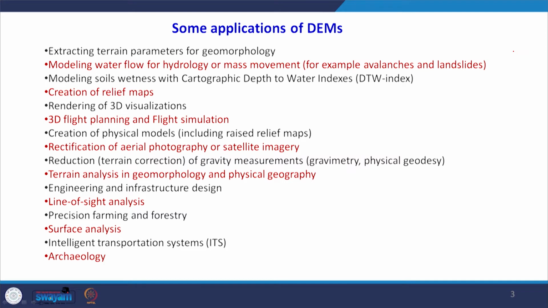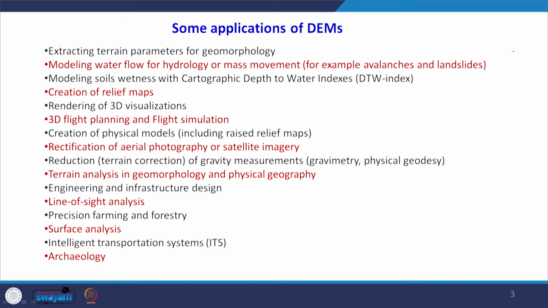The DEM plays a very important role because we must know the topography of the ground where the project is to be commissioned. Then there is line of sight analysis in many projects which are related to the alignment of any route,